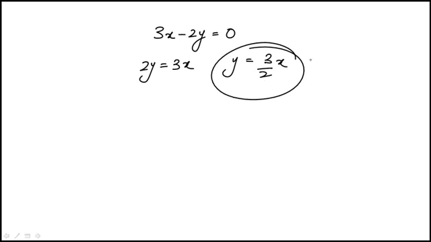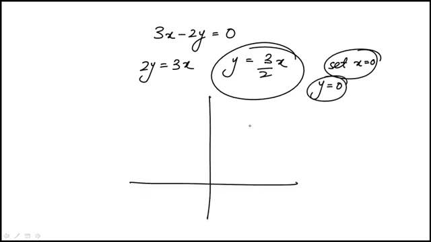So y-intercept is when you set x to be equal to 0. So in this case, when you set x to 0, y is 0. So this line, if you draw it, is going to pass through the origin with a slope of 1.5. So both its y and x-intercept are 0, because the definition of x-intercept is the x-coordinate